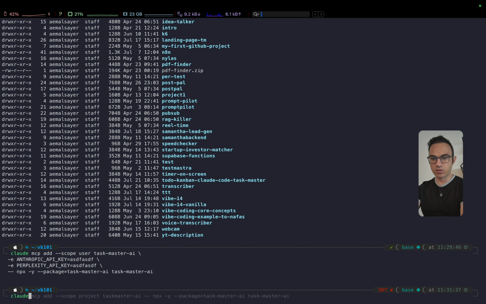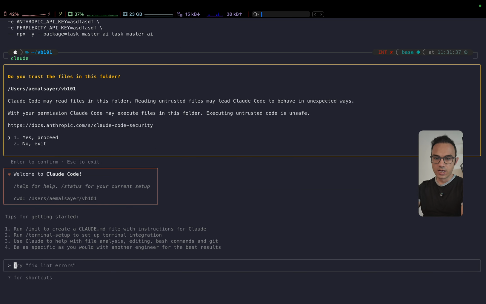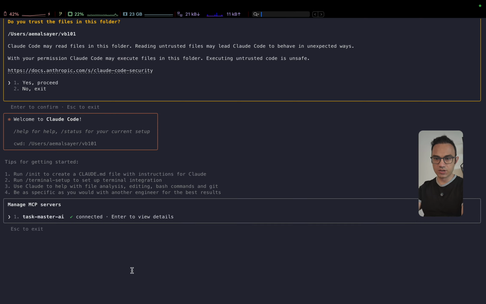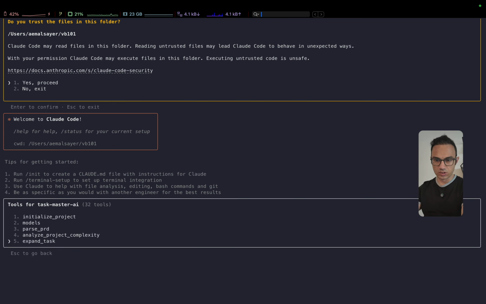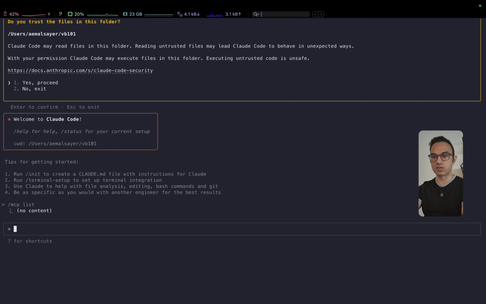And then when you go to your Claude terminal, you should see something like, if you type /mcp and then list, you should see that this little thing showing connected. And if you go inside, then you see all the details. You can see all the tools. I think there are like 32 tools attached to this MCP server, which will give you a great start when